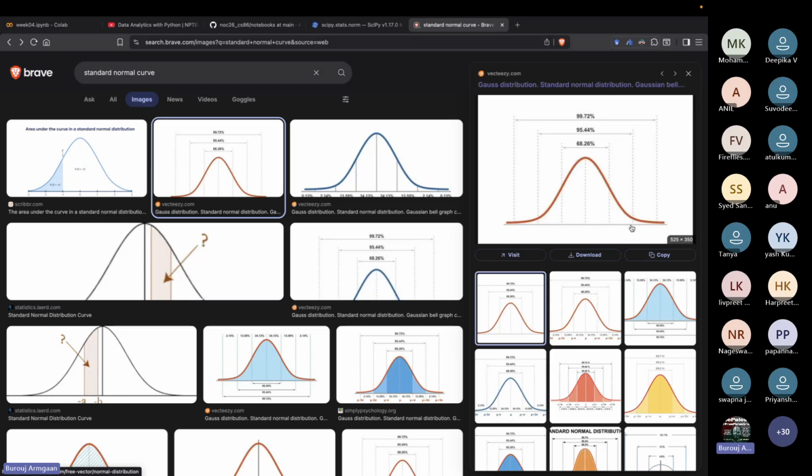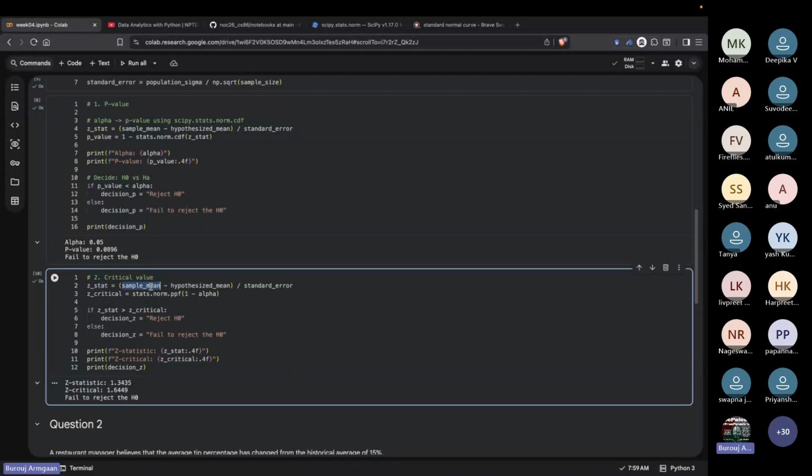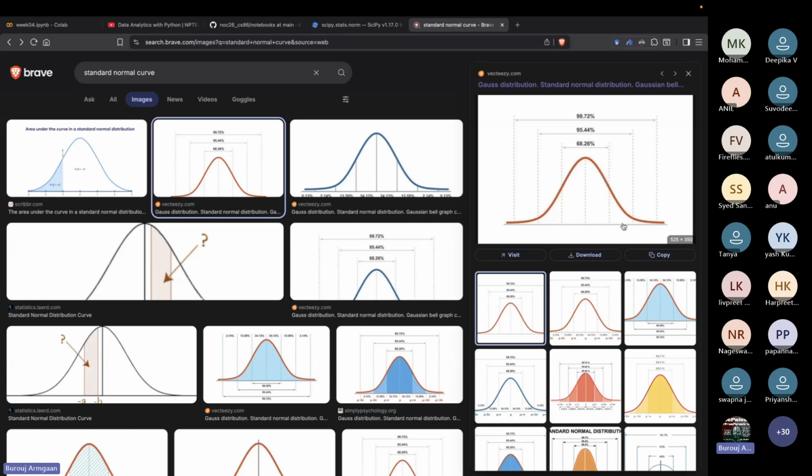So how would you compute that essentially? You would first change your sample mean into your z score, so that becomes your z stat. Here, you have changed your sample mean into your z score, so now you have landed on this particular graph. Now you would like to compute the area on the right side of it. That is my chance of falling into this part. So if you were to compute this thing,